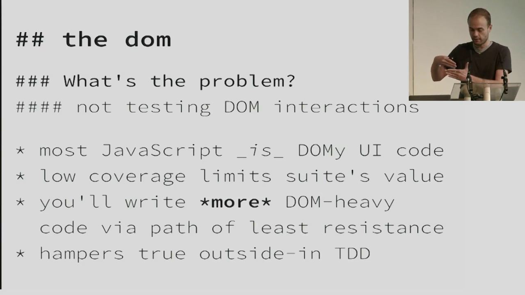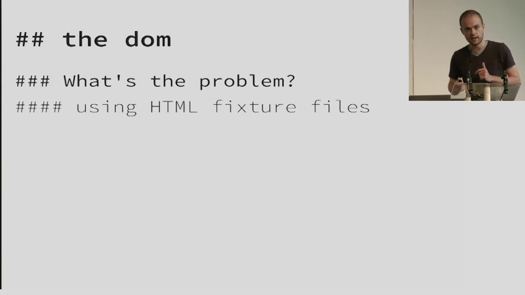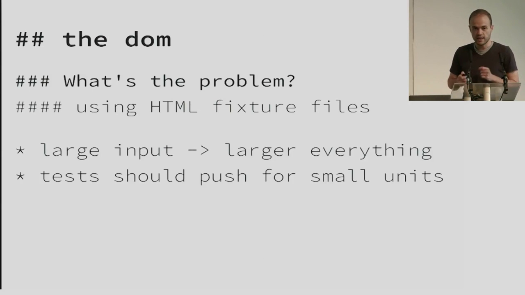And that flow gets interrupted when I say that the very top level doesn't get tested. I don't use HTML fixture files when I'm trying to test my DOM interactions because typically those are large, and if you have a very large input, you'll have larger everything: larger test methods, larger methods under test. And our test tools particularly are responsible for encouraging good behavior, and good behavior should be pushing us towards smaller